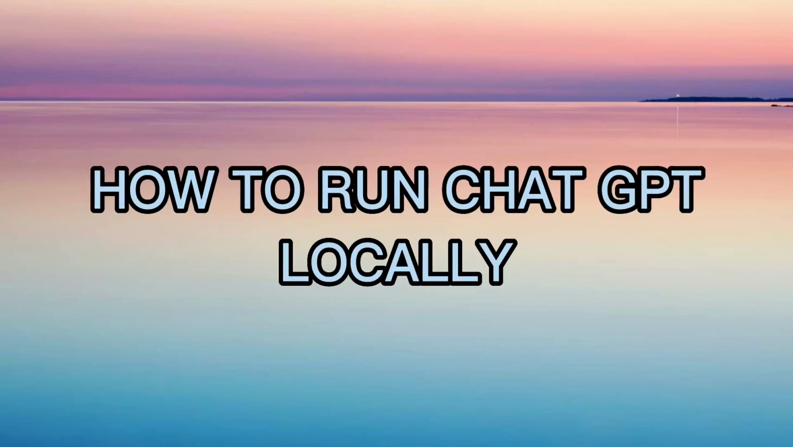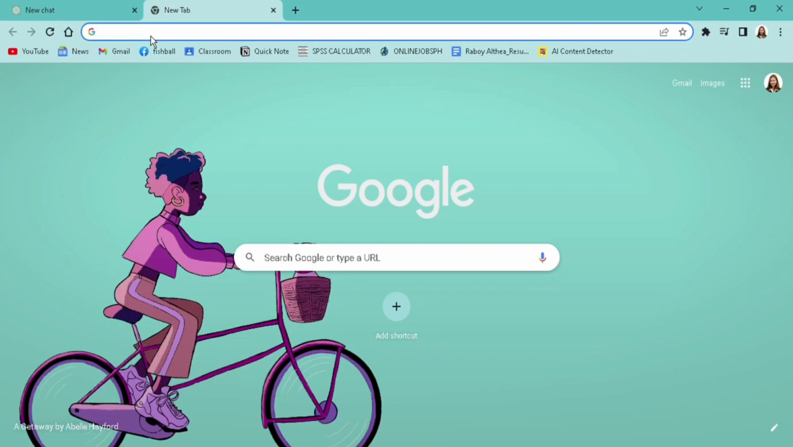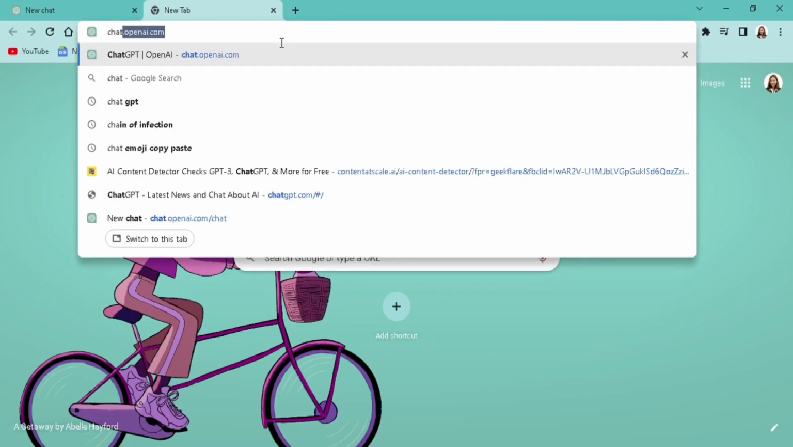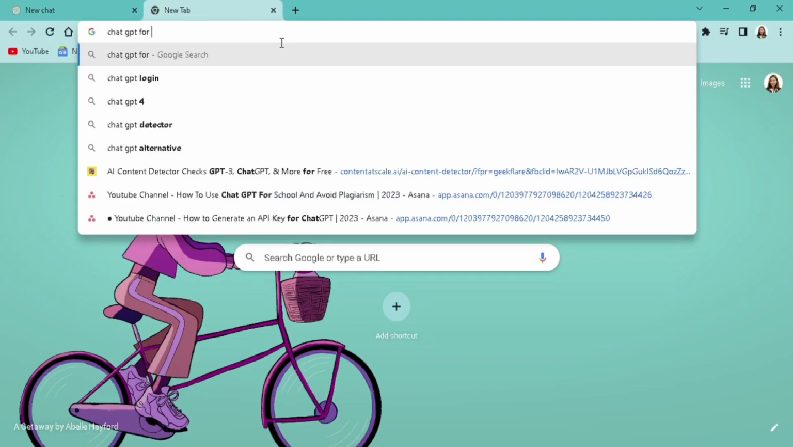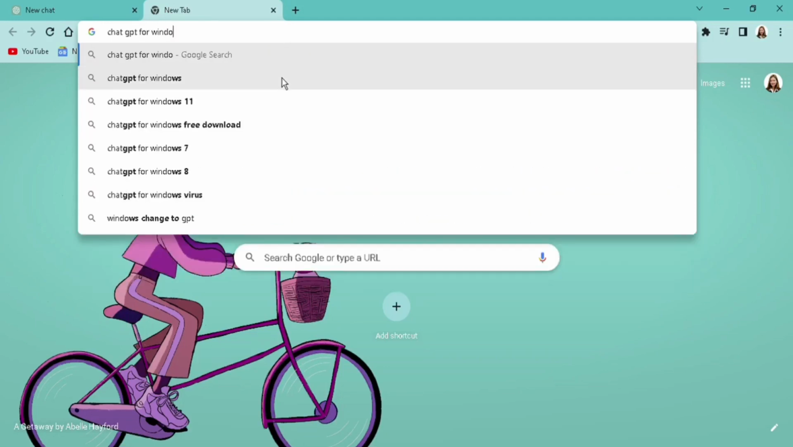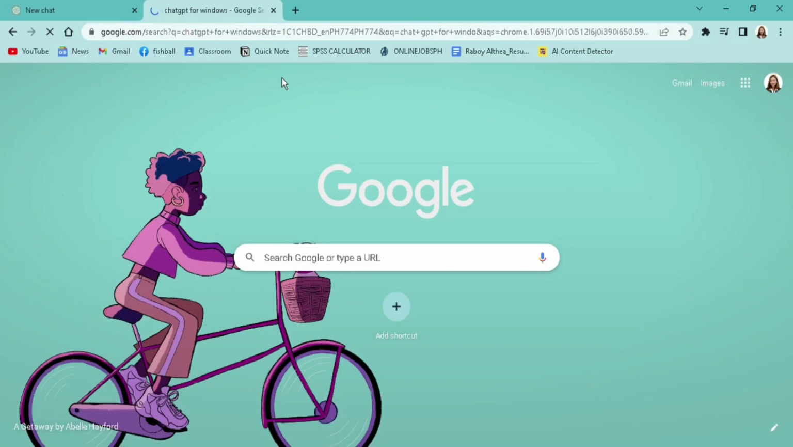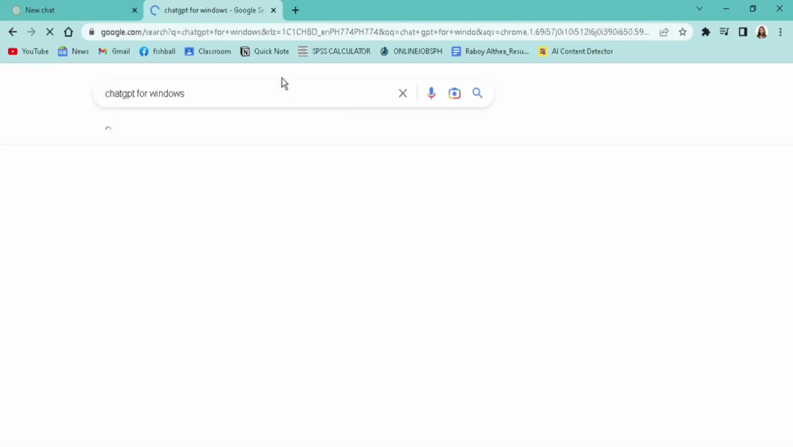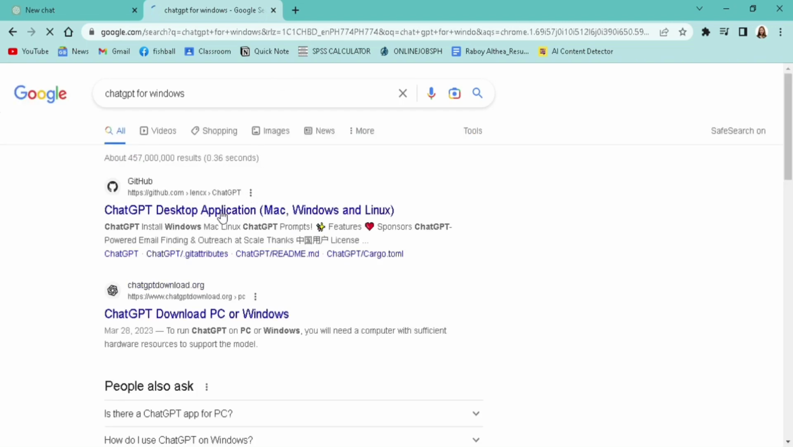So for today, I'm going to teach you how to run ChatGPT locally. So first, just go to your web browser and then just type in ChatGPT for Windows. And then just wait for a moment. Click this one, the first one that will appear on your screen, and then after that,